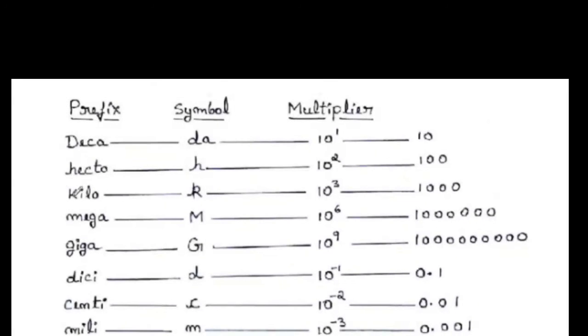I hope you have understood all the basic metric units of length. Usually we will be using this kilo. Of course, that can be written as small k, that is 10 to the power of 3. You can also write like this, no problem. 10 to the power of 3 is nothing but 1000. And we also use mega and giga probably in thermal engineering, but you need to know all the basic metric units of length before starting basic thermal engineering.